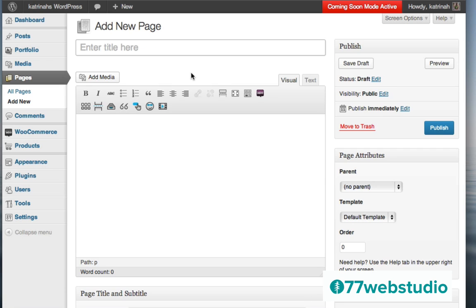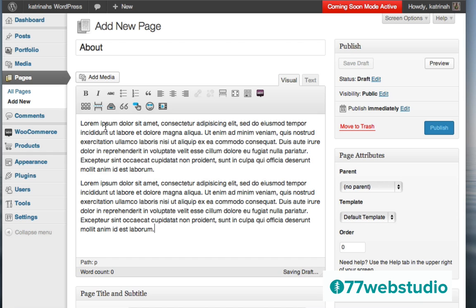The first page I'm going to create is an About page. Most likely when you create a website, you're going to also want an About page. So here where it says Title, I'm just going to add About, since this will be the About page. And then I'm going to add some text, just some random text, but this is where you would add your text. Now note that here in this Edit Page screen, there's two tabs.